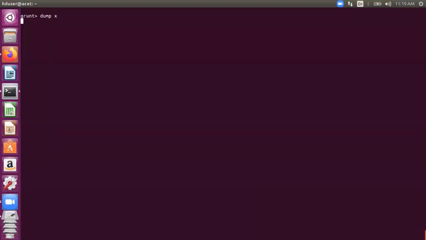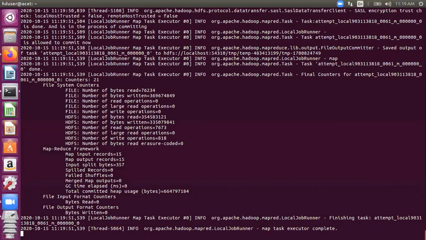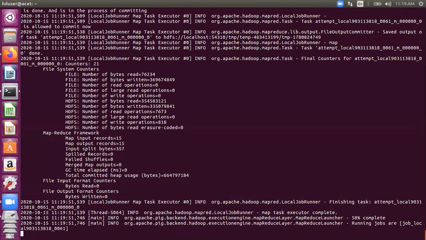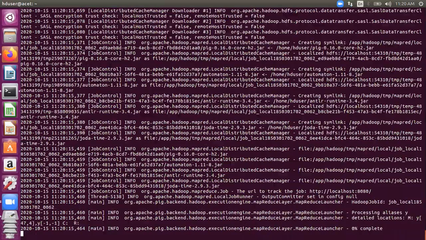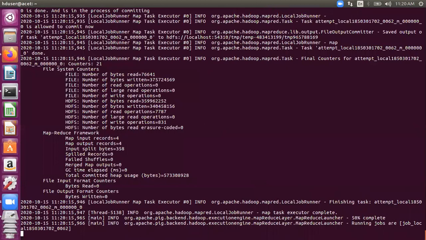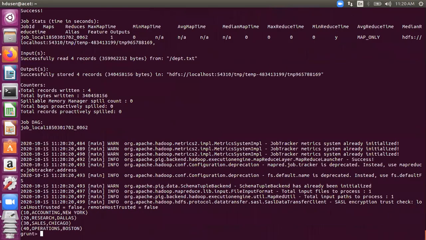Let's first dump X. Okay, remember I'm showing this to you again and again because I want you to answer a few questions. So if I'm dumping X, you can see there are 15 rows. Remember this. Okay, and one of the rows, the last one, is not having any department number. Remember, right? There is no department number there. And in this relation, there are department numbers 10, 20, 30. Whereas in your department table, there is another row with the value 40, which is not having a match in your other table. I hope you got the scenario.